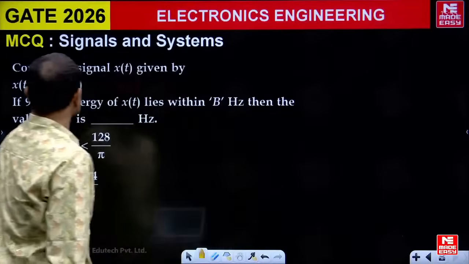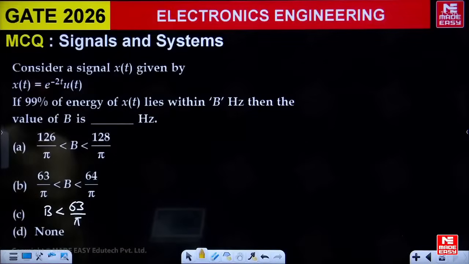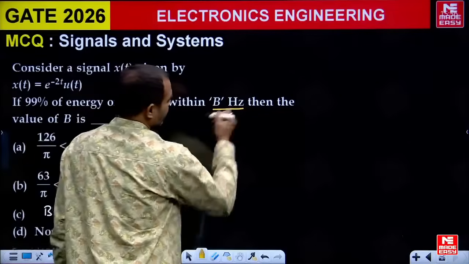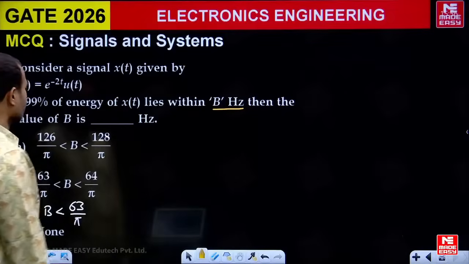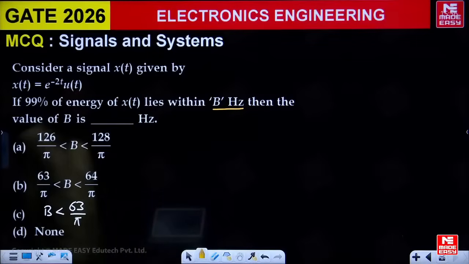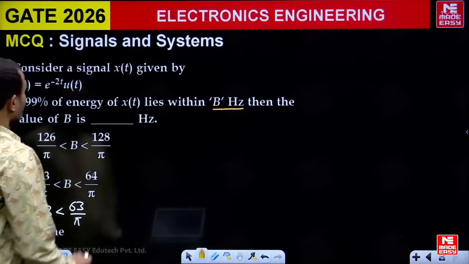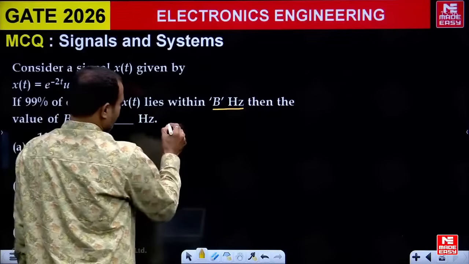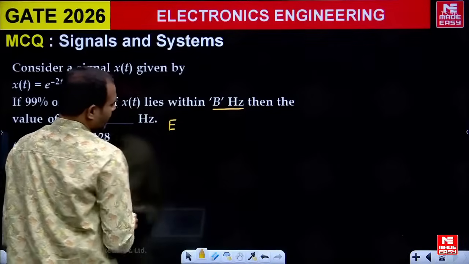So consider a signal x of t given as x of t is equal to e power minus 2t. If 99% of energy of x of t lies within B hertz, then the value of B is dash hertz. He was asking what the value of B hertz is. If you see here, it is given as a question, that is energy present in,